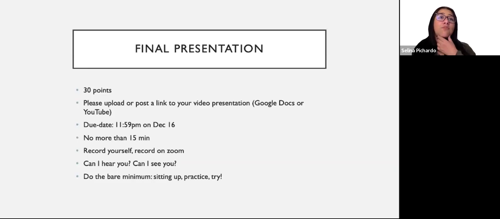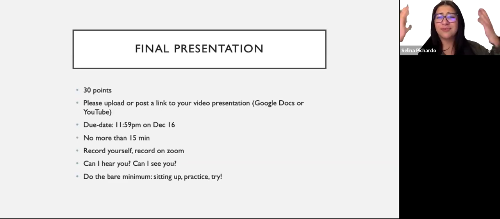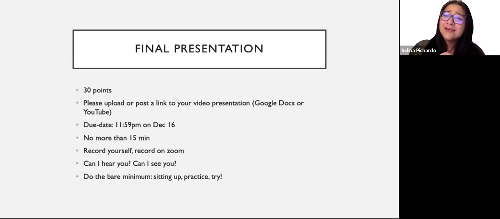I actually had someone give a presentation with no lights. For whatever reason, they didn't put on their room light, so all I could see was the glow of the computer. It looked very creepy. And I was like, okay. So that's what I mean.